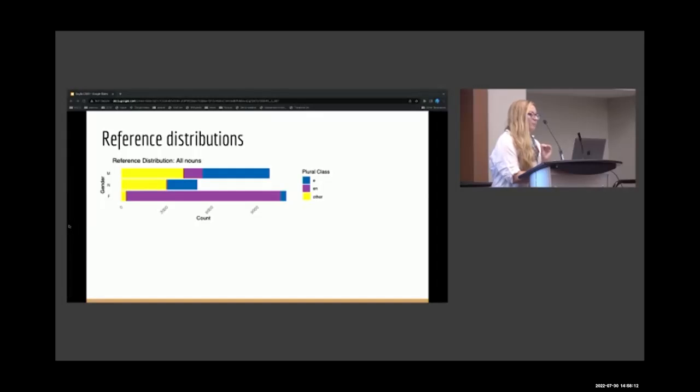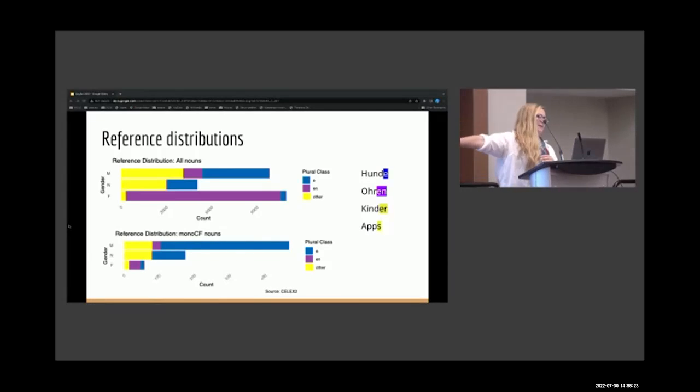So we might also want to look at the class of words that are similar to our stimuli, which are specifically selected to be monosyllabic and hence have fewer of these confounds. So we can also consider a second hypothetical reference distribution where we take only the monosyllabic nouns out of the lexicon. And as you can see, they're a sort of different distribution. So these are our two, and we're using these to kind of stand in for the training input, right? These are approximations. We don't know exactly what a German speaker will be exposed to, but these are two possible ways of approximating the relevant input for our distribution that we want to see how they generalize.